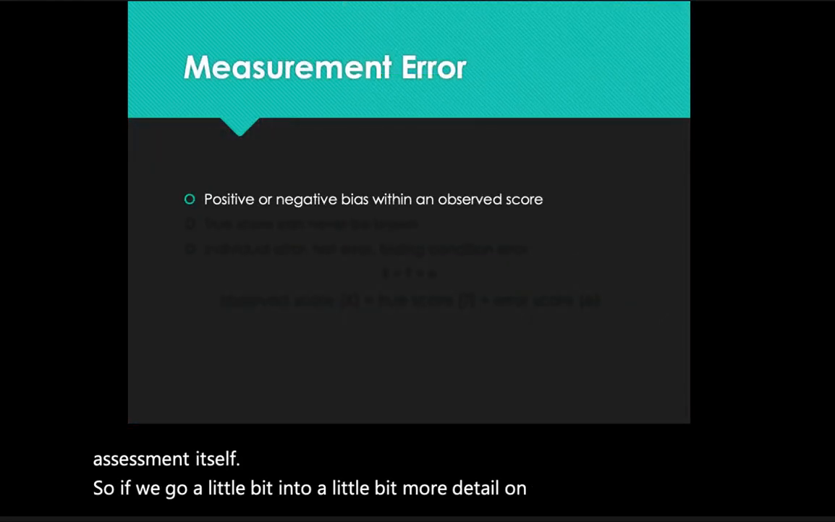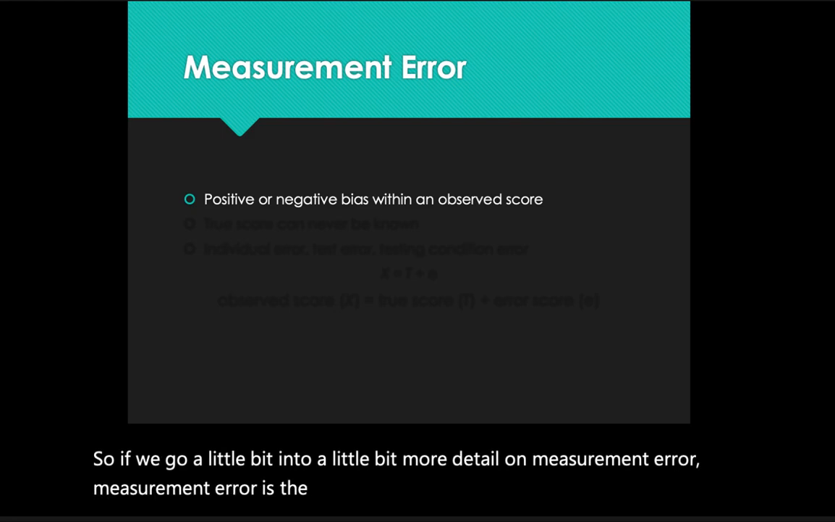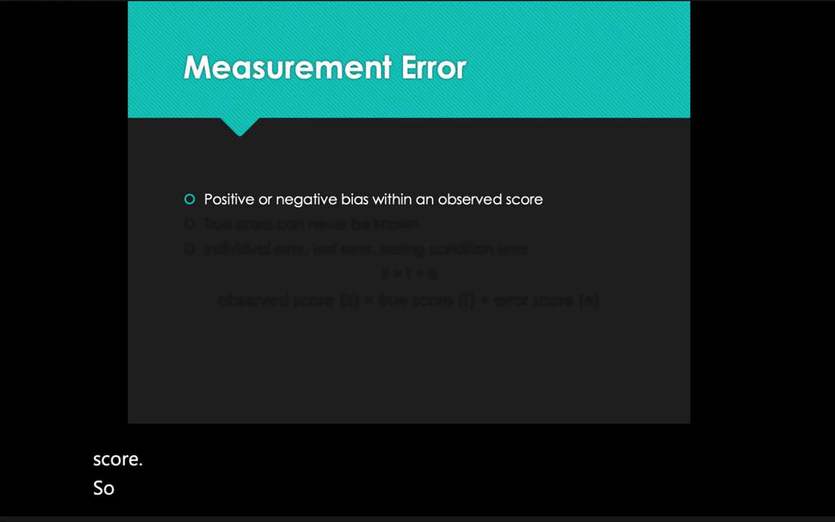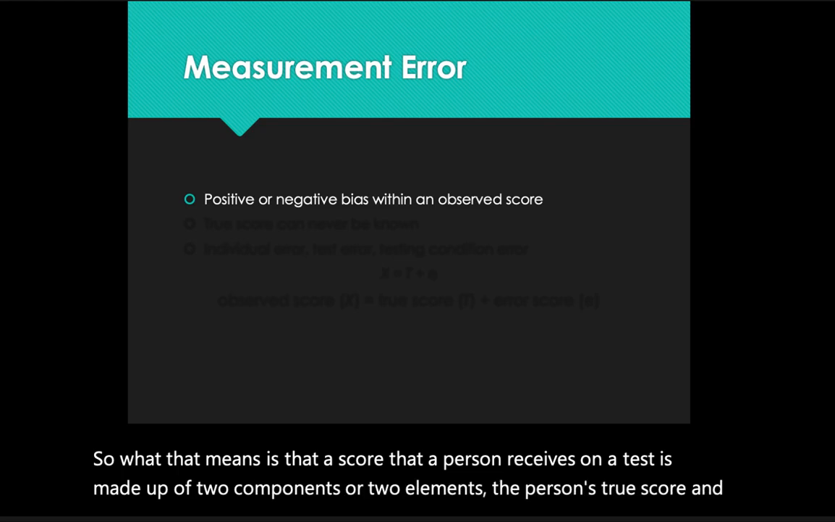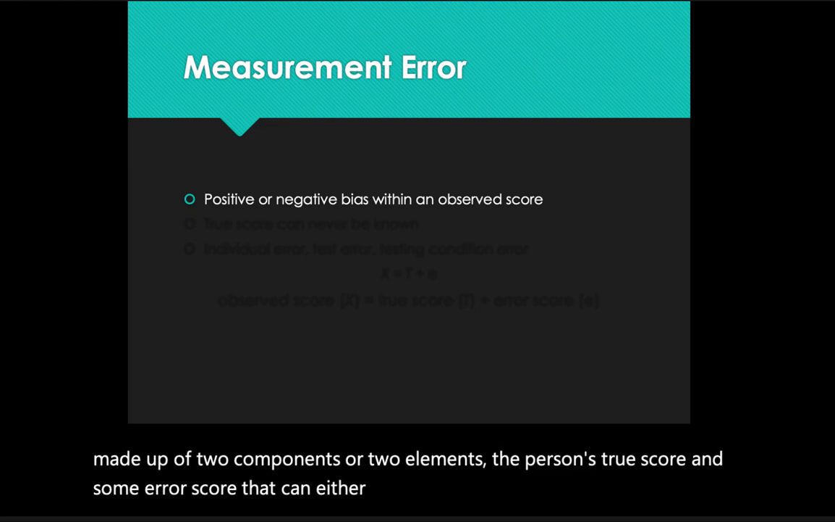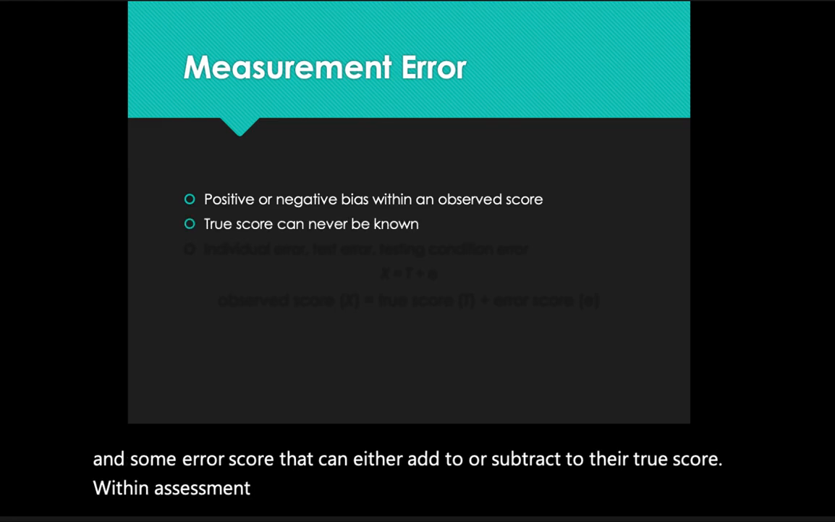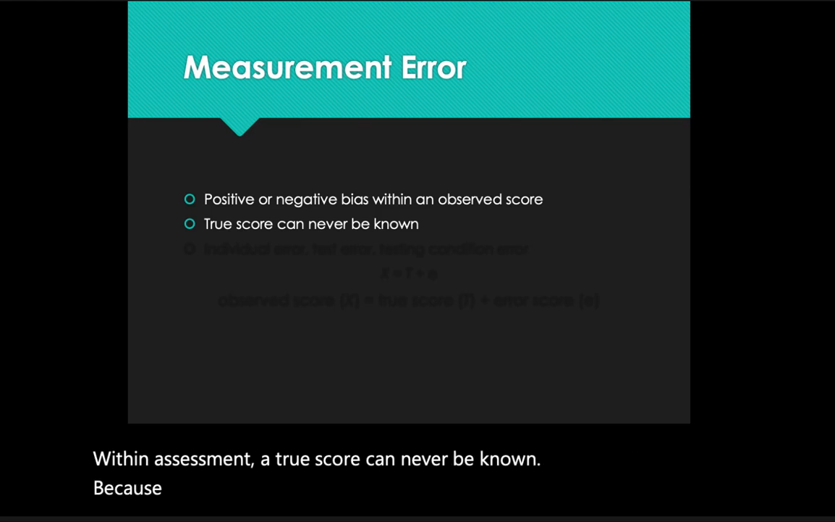So if we go into a little bit more detail, measurement error is the positive or negative bias within an observed score. So what that means is that a score that a person receives on a test is made up of two components or two elements: the person's true score and some error score that can either add to or subtract from their true score. Within assessment, a true score can never be known